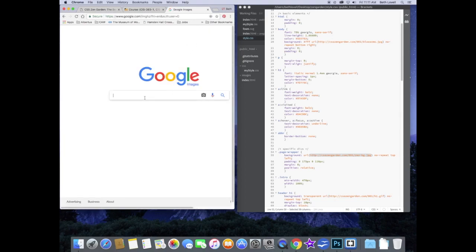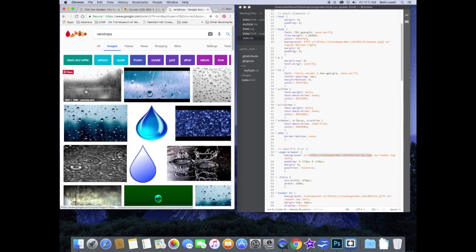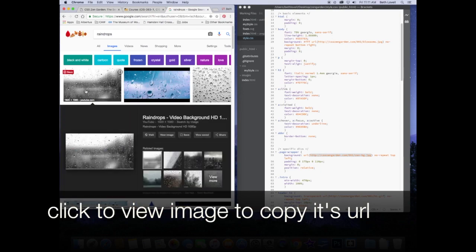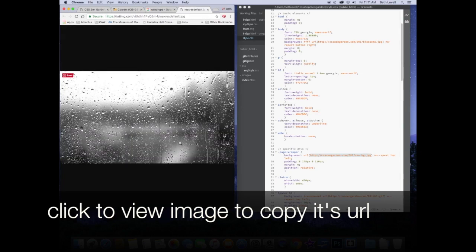Click on images, and I want to search for a background of raindrops. Okay, so here's a nice large picture of raindrops, and if I go here I can go view image, and that's going to give me the image URL. So if I copy this URL,